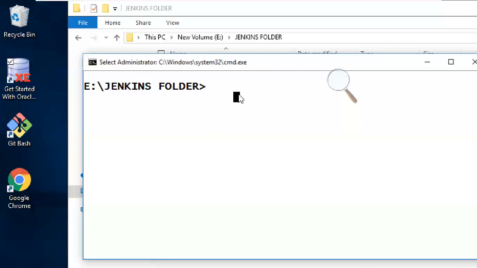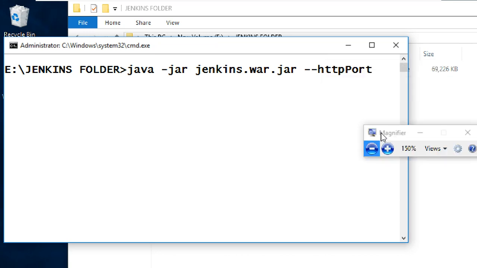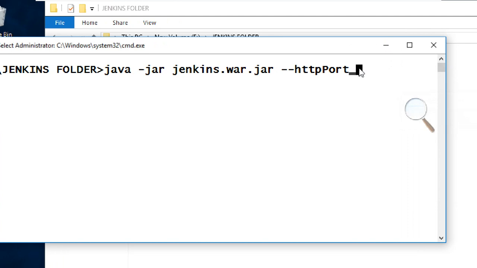This is the Jenkins folder. When I installed this, I ran it directly like this, but now because of port number 8080, you may get an issue. So I change the port number using httpPort, where P is a capital letter, equal to 9090.